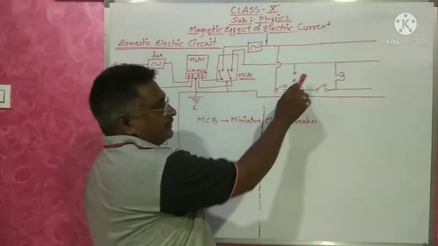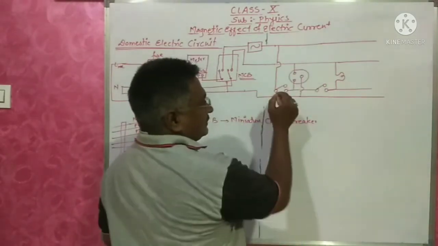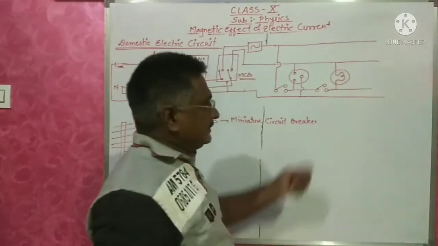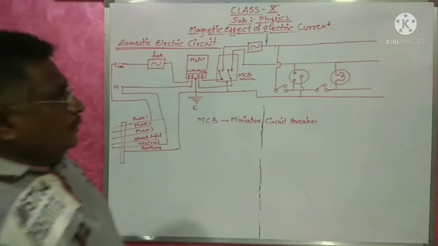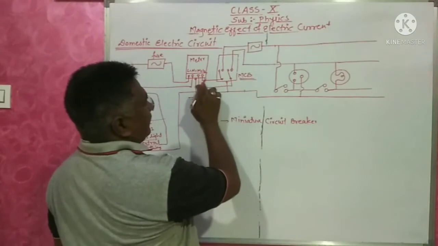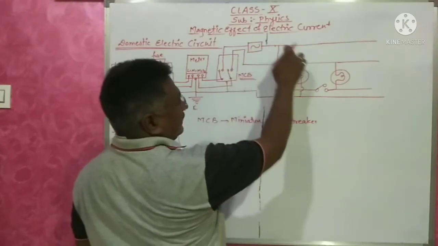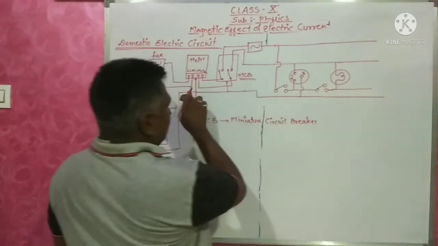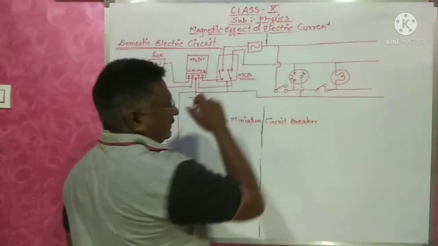So this is the switch, this is the socket, this is the socket, this is the switch. This is the switch, bulb, like that switch, fan. In this way, the circuit in our home is arranged. So what is given here? See, the live wire is connected here. Neutral is connected here. So here L, N, and this is earthing. Earthing is connected to the earthing wire, the earthing point, and live is connected to live.